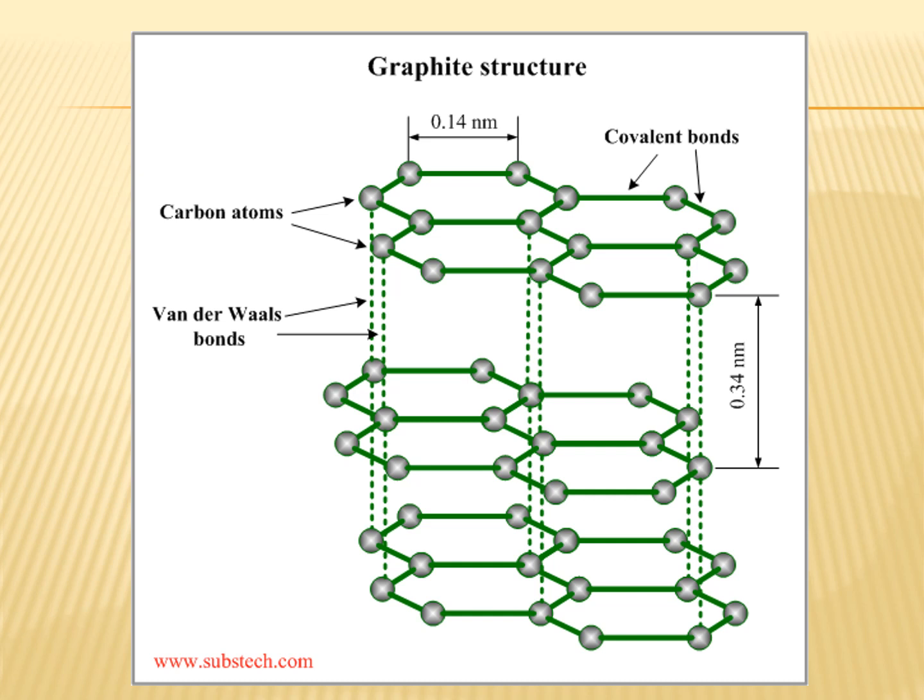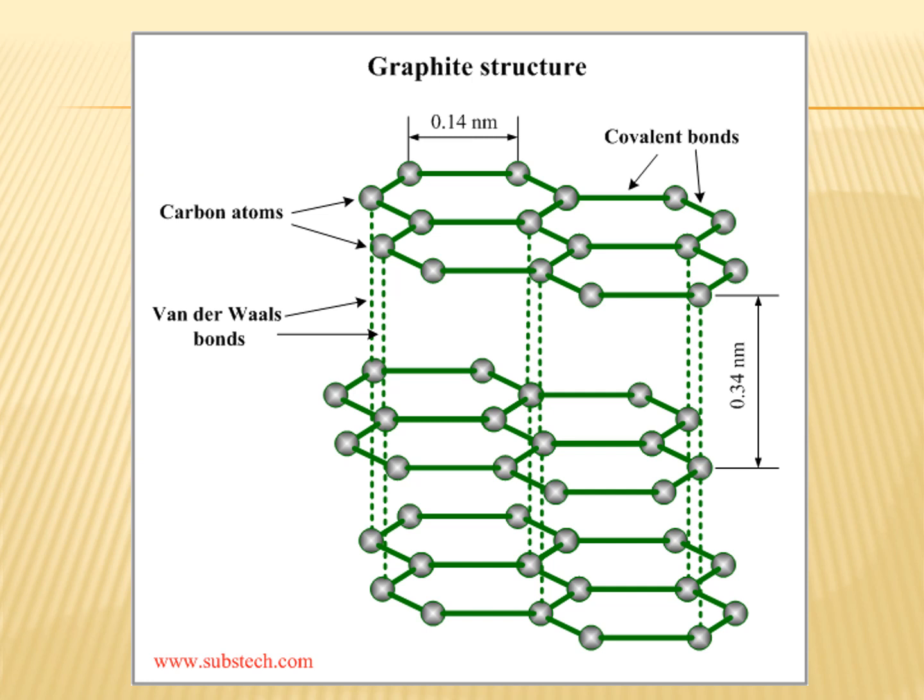Graphite has a layered structure, as you can see here. It has layers of carbon atoms in hexagonal forms. So in graphite, each carbon atom is bonded to three other carbon atoms, one of which is going to be a double bond. The hexagonal rings of graphite have sigma bonds and pi bonds.